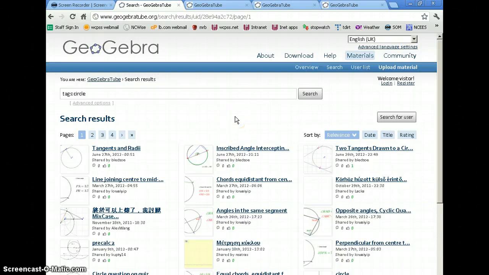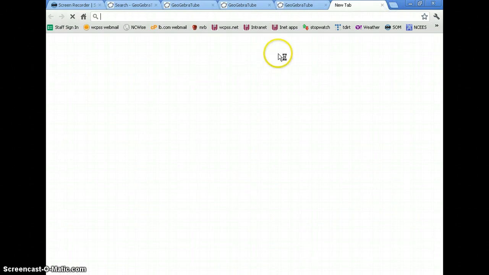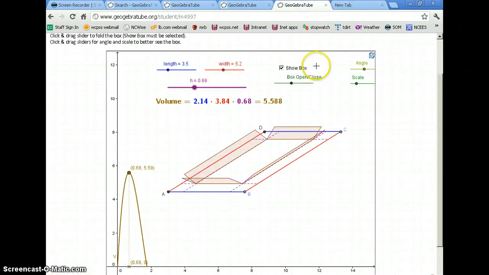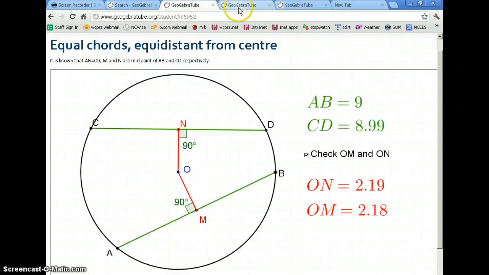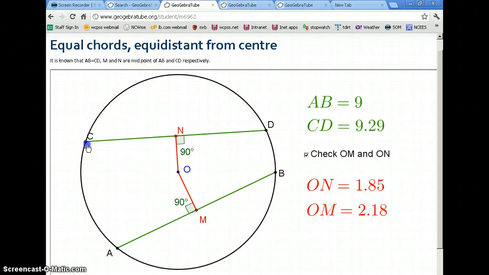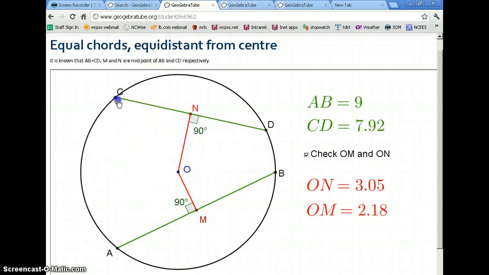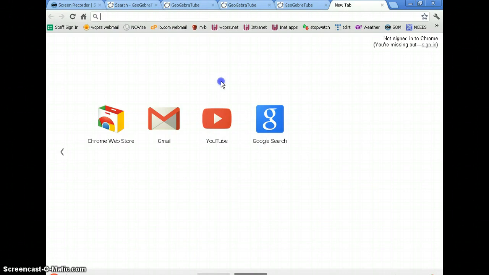Now, earlier when I said that you don't have to download anything, you don't have to install anything, that's mostly true. Actually, in order to use GeoGebra, you do have to have on your computer something called Java, and most people do have Java already installed and working on their computer. That's what makes it possible for you to view these different animations. And if for some reason you can't view these animations on your computer, it's probably because you don't have Java installed on your computer. And you can check that really quickly by going to